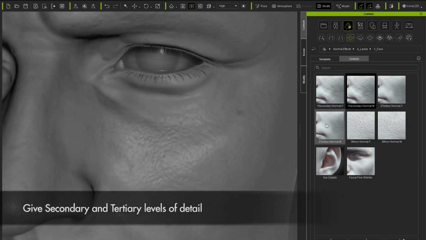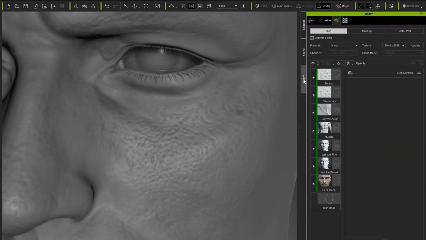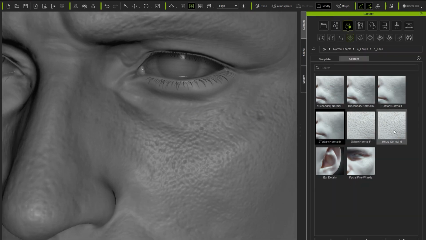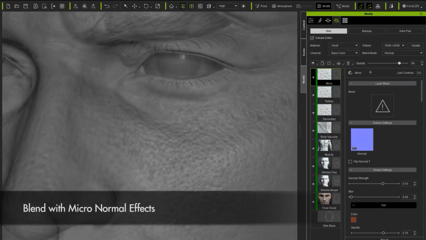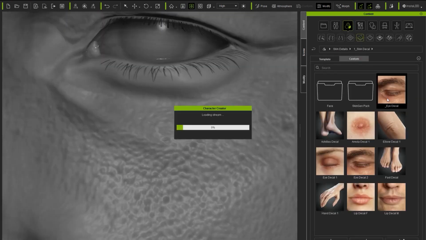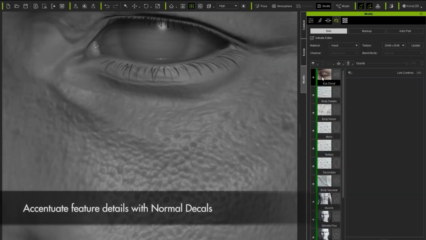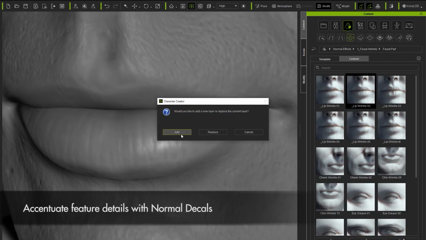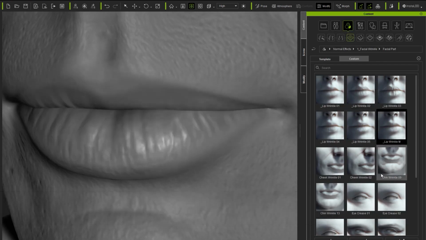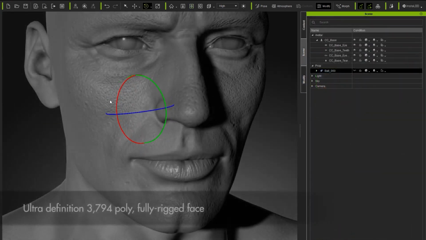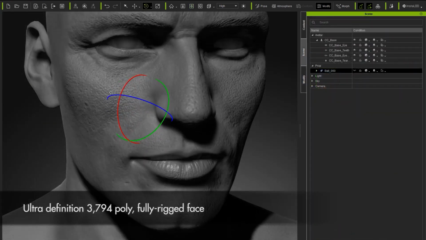And actually the best part is that it is working very refinedly on the minute, primary, secondary and tertiary details. As you can see in the video, it is working in very fine detail. You can work on your hands, you can work on your chest, every single body part has its own folder to work on, and everything has a very detailed description. So you can work in detail on the lips, the layers, the wrinkles on the lips, the bumps, the displacement map on the skin, the pores, the blemishes, the spots, everything.